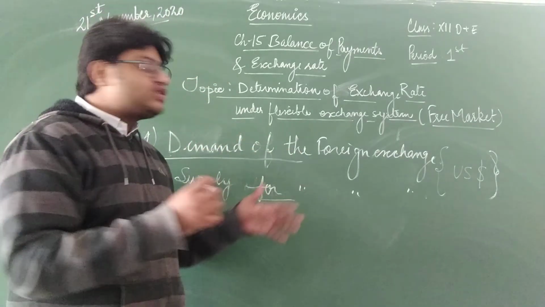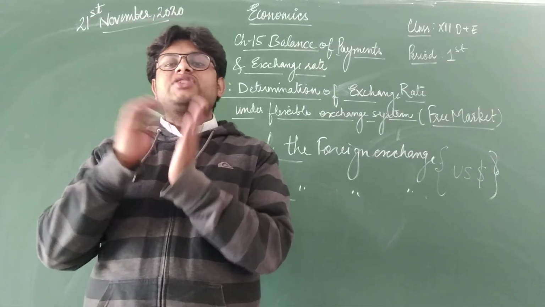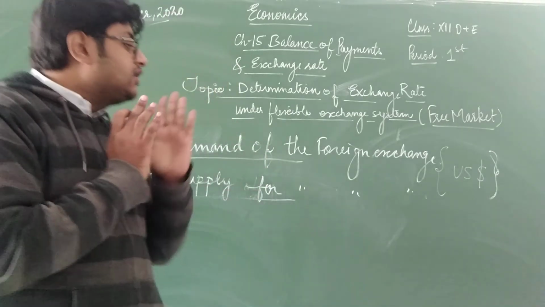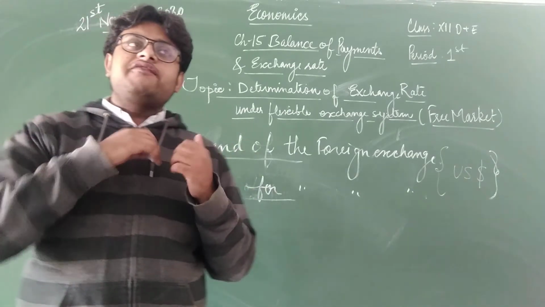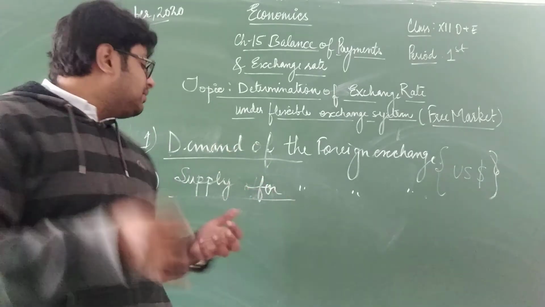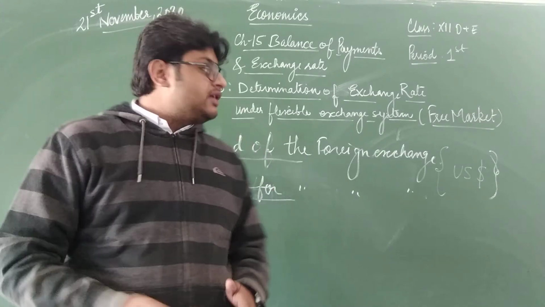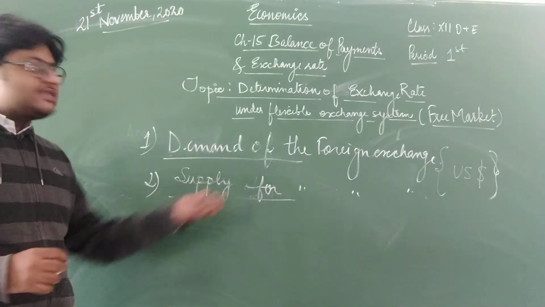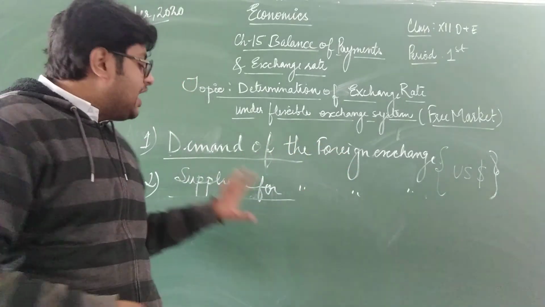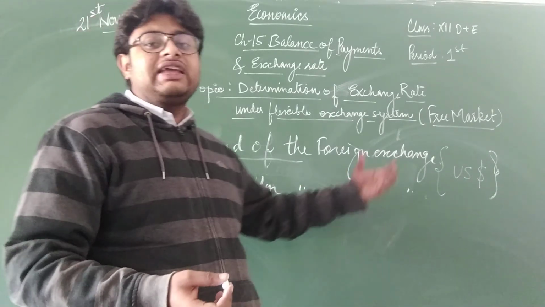So all these things lead to the continuous demand and supply of the foreign exchange in India. And since we are just discussing the US dollar and the Indian rupee, we'll stick to this example. Every time, 24/7, the demand and supply of foreign exchange keeps on happening. Alright, so let us discuss what is the relationship between the demand of a particular foreign exchange and the exchange rate, and what is the relationship between the supply of that particular foreign exchange and the exchange rate.